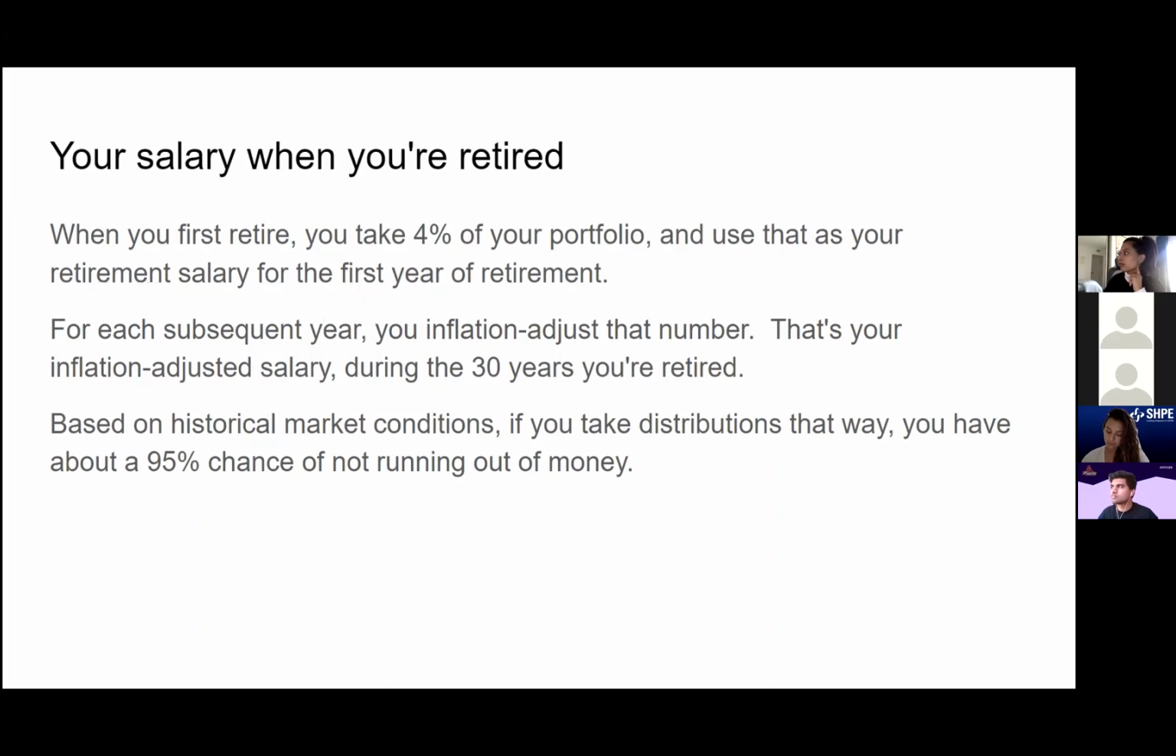Just like when you enter the workforce you get a job and they give you a salary, when you enter retirement you kind of get a salary, and the salary is coming from your portfolio. So you take that initial pot of money, and you take 4% of that, and say, all right, that's my salary for year one of retirement. And then every year after that, you inflation adjust that original number, so you have an inflation adjusted salary